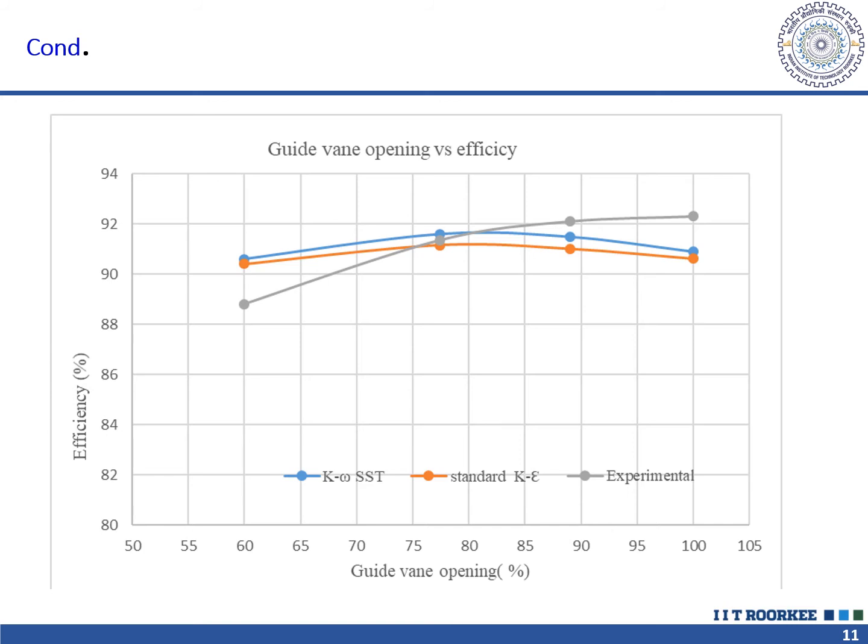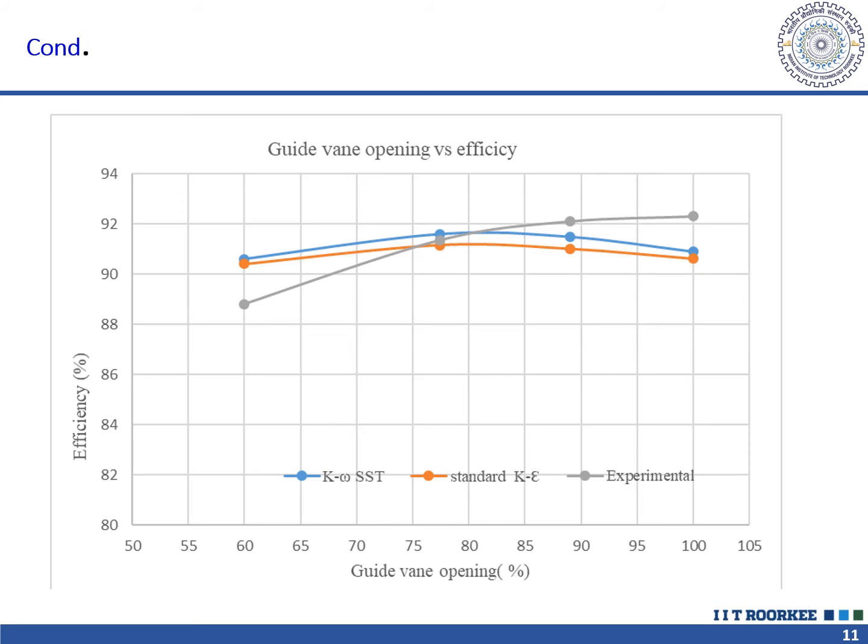The expected performance efficiency is higher than the computed efficiency. The difference between the numerical and expected hydraulic efficiency was 1.7% by the K omega SST model and 1.69% by the K epsilon turbulence model. Similarly, at the BEP condition, which is 77% guide vane opening, the numerical efficiency by the K omega SST model was higher than the expected efficiency from the ILSAT diagram by 0.24%, and by the K epsilon turbulence model, it was lower by 0.2%.